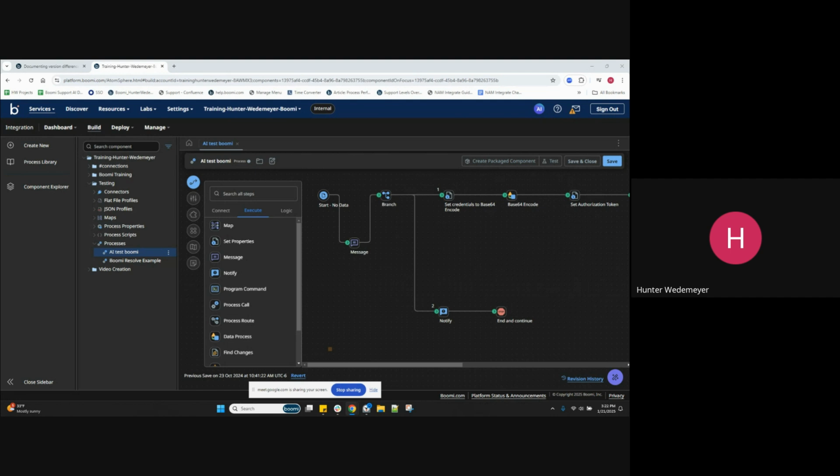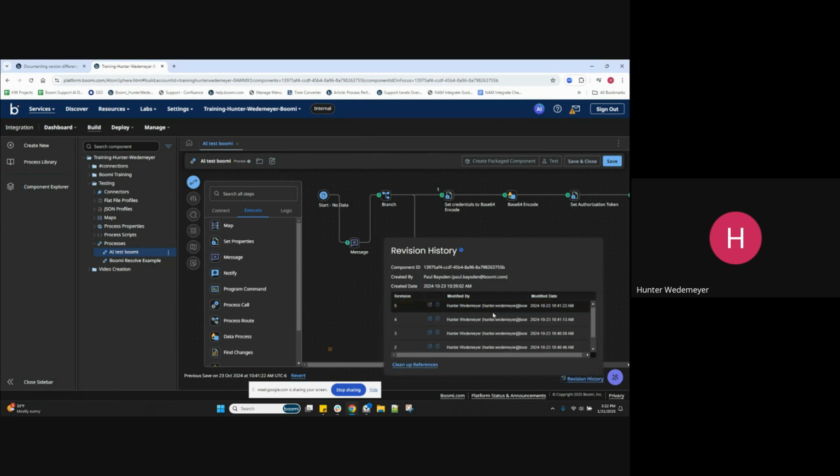Let's first go over an example. In this example, I have this AI test Boomi process, and I have a few revisions of this process, between the first and the latest, the fifth. Instead of having to go through all the different revisions and glean all the changes one by one between 1 and 5, I can utilize the Boomi Scribe AI agent